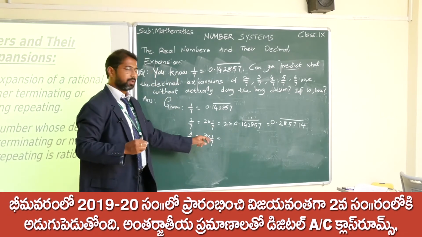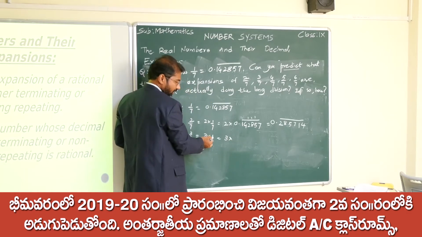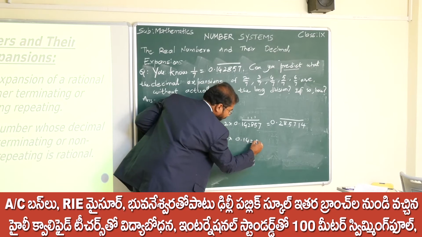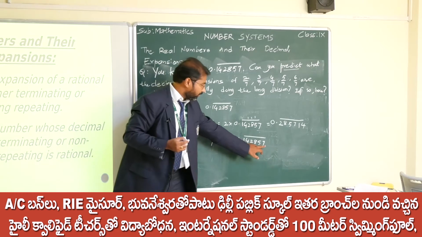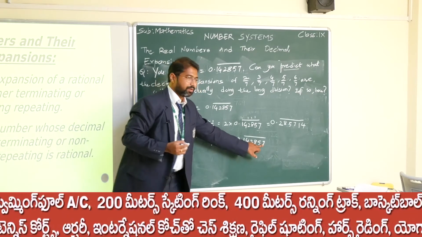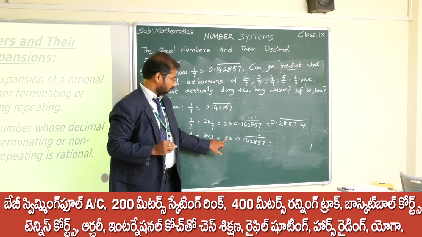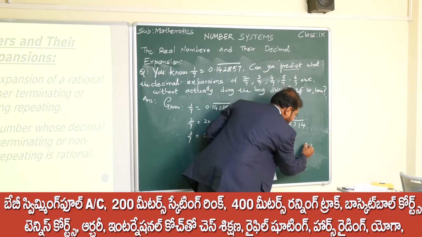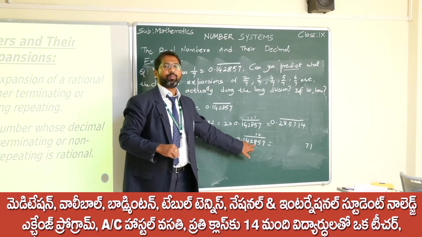3 by 7 is equal to 3 into 1 by 7, which is equal to 3 into the decimal expansion of 1 by 7, which is nothing but 0.142857 bar. Now I will multiply every digit with 3. So 3 7s are 21, 2 carry, 3 5s are 15, 15 plus 2 is 17, 7, 1 carry forward, 3 8s are 24,